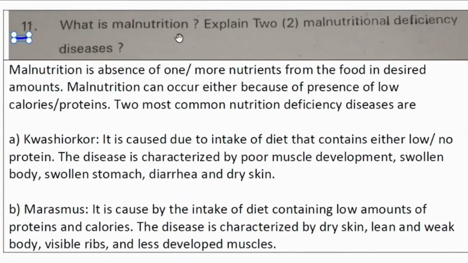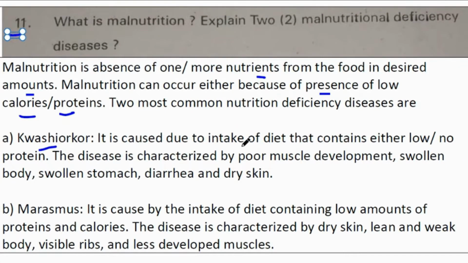11th question. What is malnutrition? Explain two malnutrition deficiency diseases. Malnutrition is the absence of two or more nutrients from the food in desired amounts. Malnutrition can occur either because of the presence of low calories or proteins. Two most common nutrition deficiency diseases are